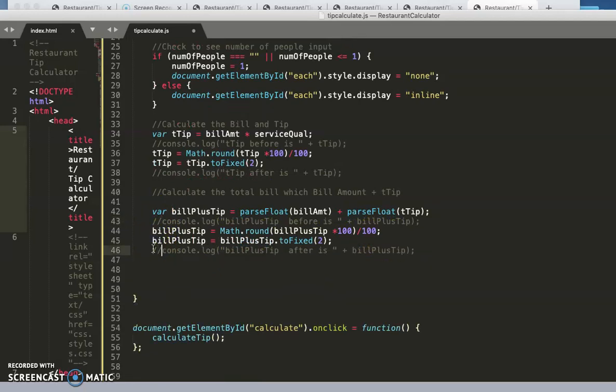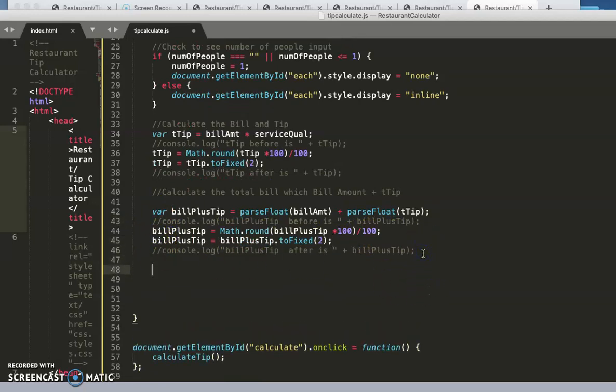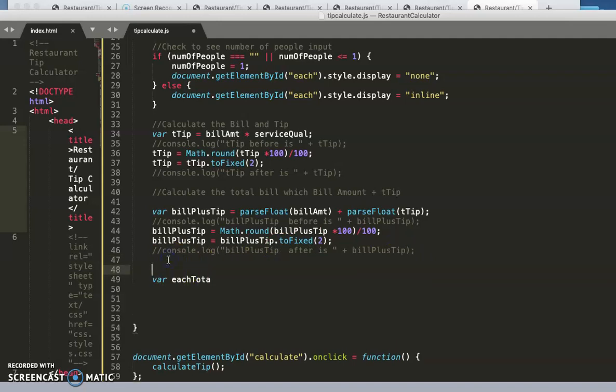So we're getting that done. Okay, and then we're almost done. What we got to do then is figure out what everybody has to pay. So I'm going to go like this and say var eachTotal. So figure out what everybody has to pay, right? I'm going to say eachTotal is going to equal basically bill plus tip